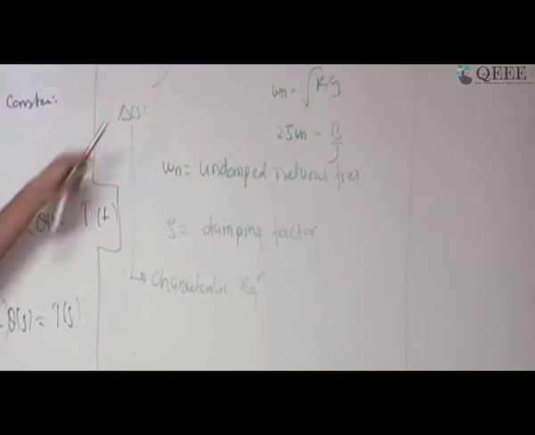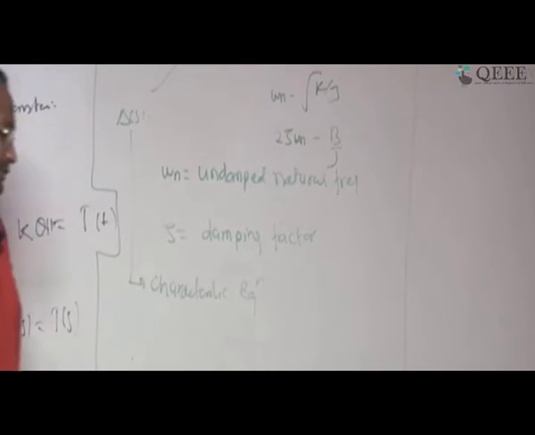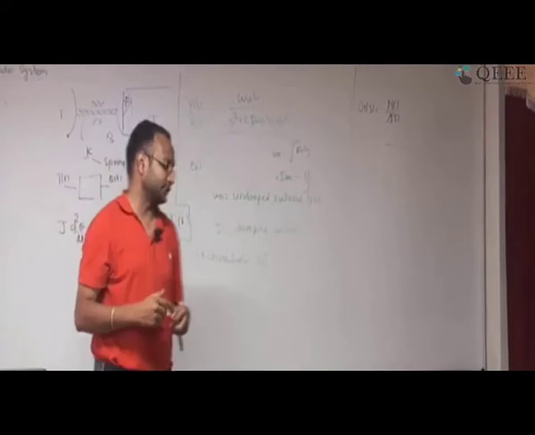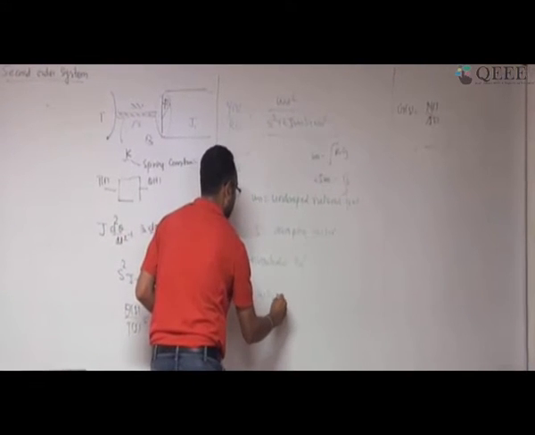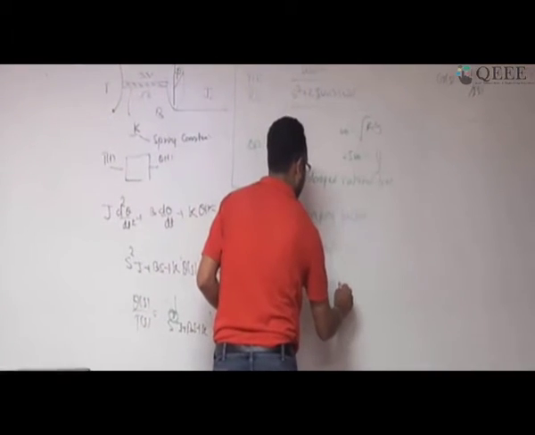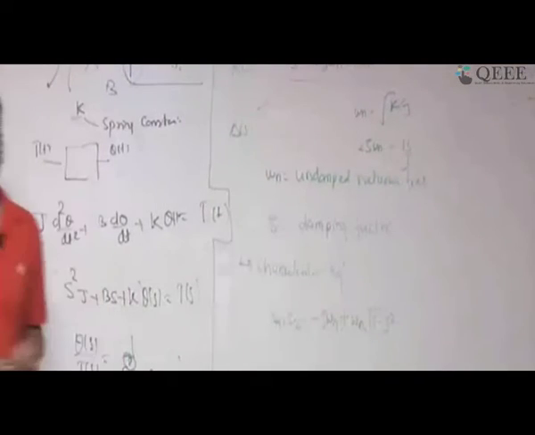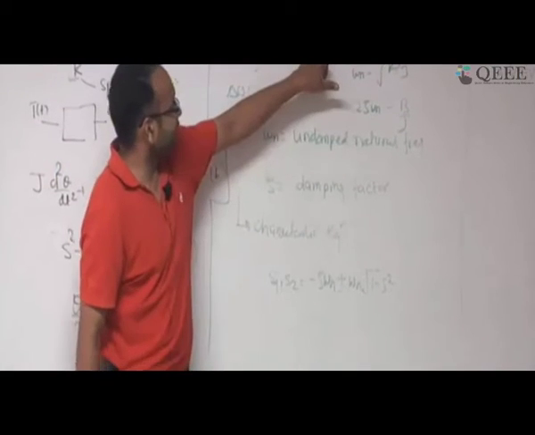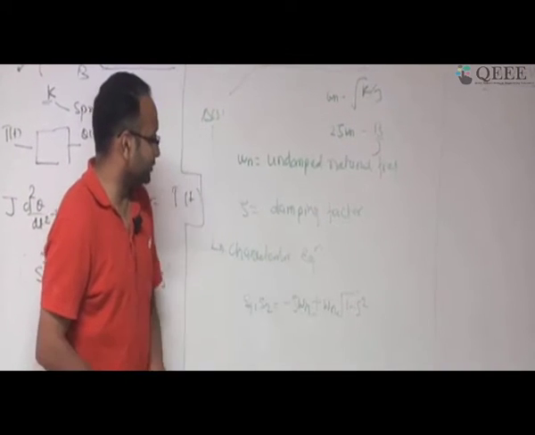characteristic equation. Since this is a second order system, there are going to be 2 poles, because 2 roots exist. If you solve it, the 2 roots S1 and S2 are minus zeta omega n plus or minus j omega n square root of 1 minus zeta square. Is it visible properly? Okay, fine. So I am finding the roots of this equation. There are going to be 2 roots, S1 and S2, and they are going to be complex conjugates.